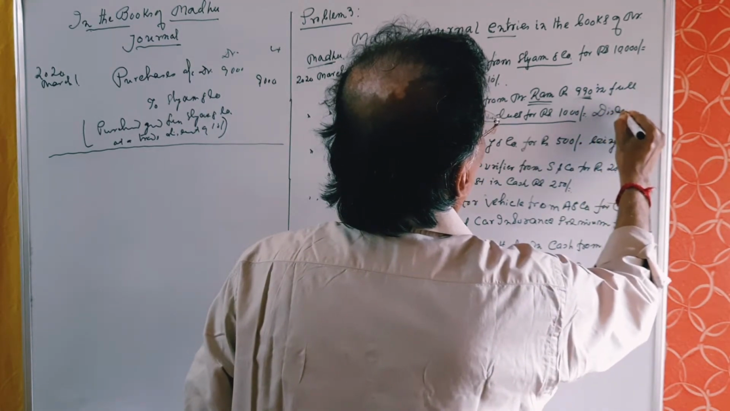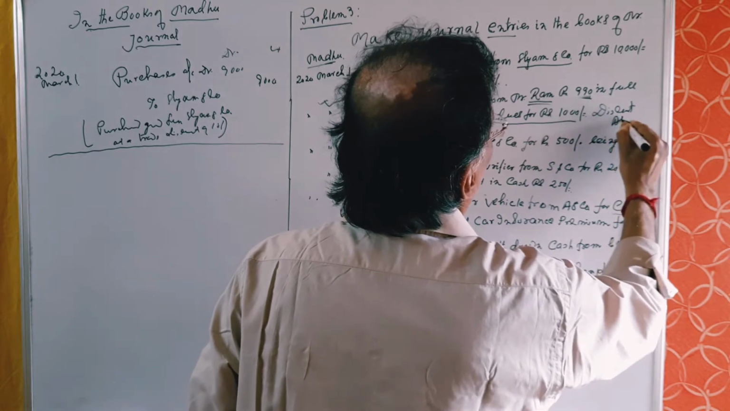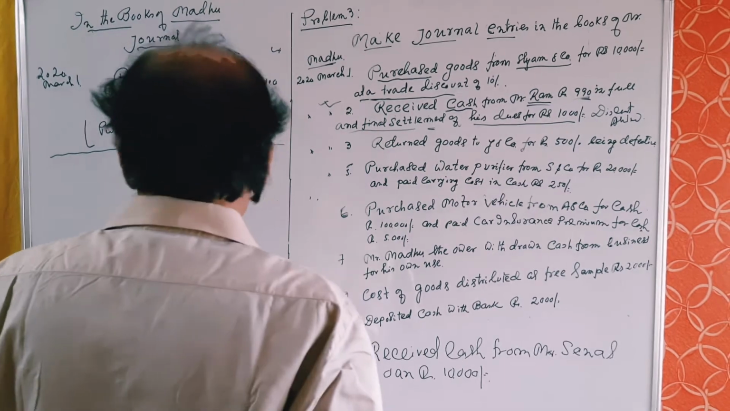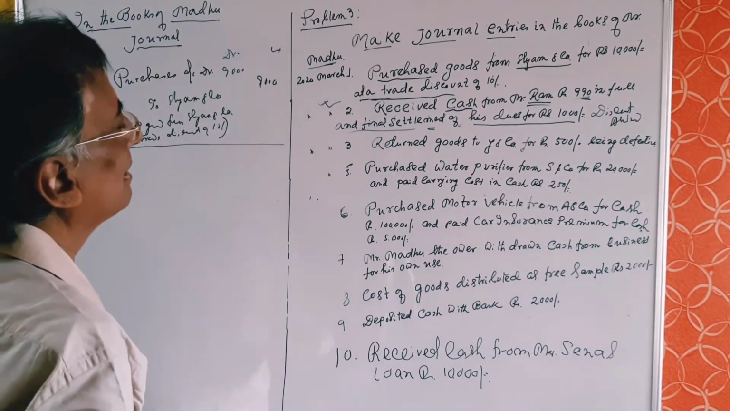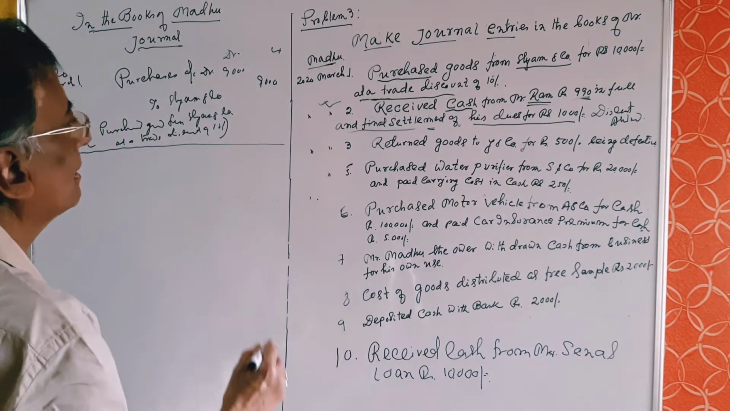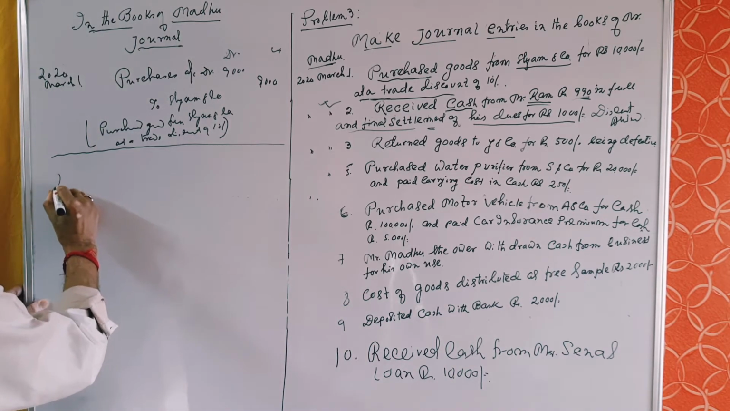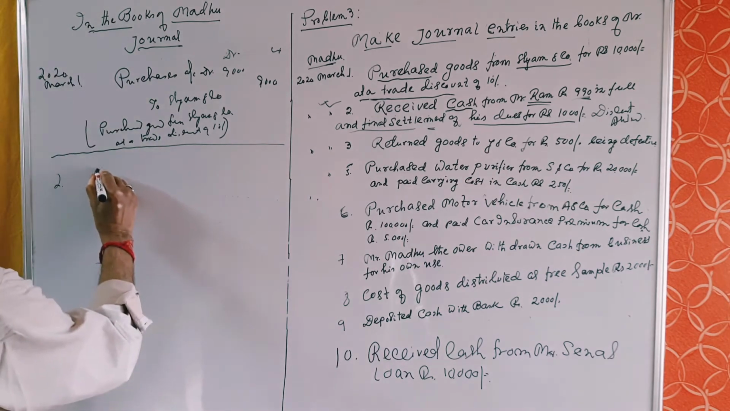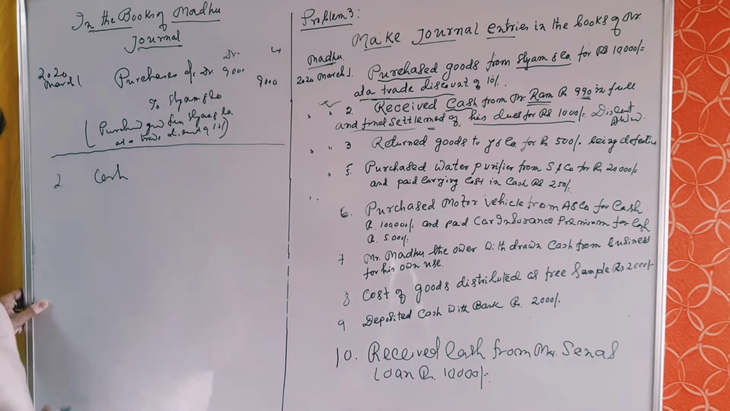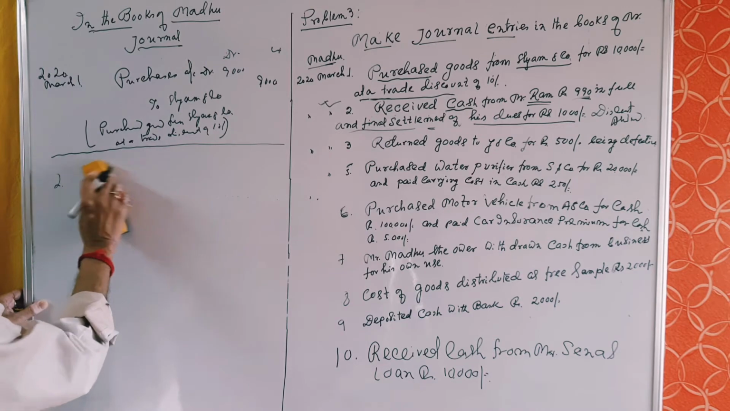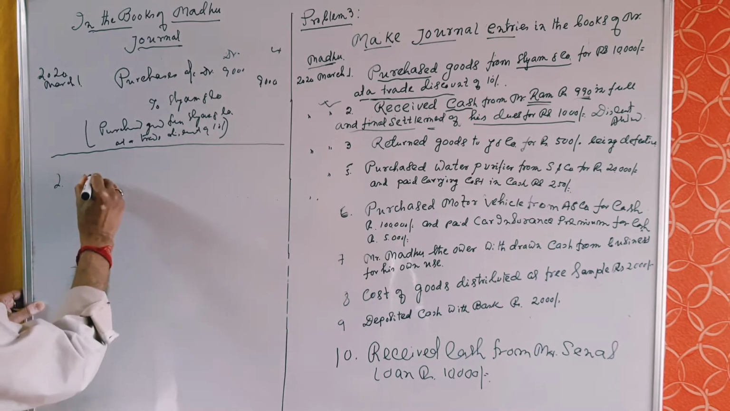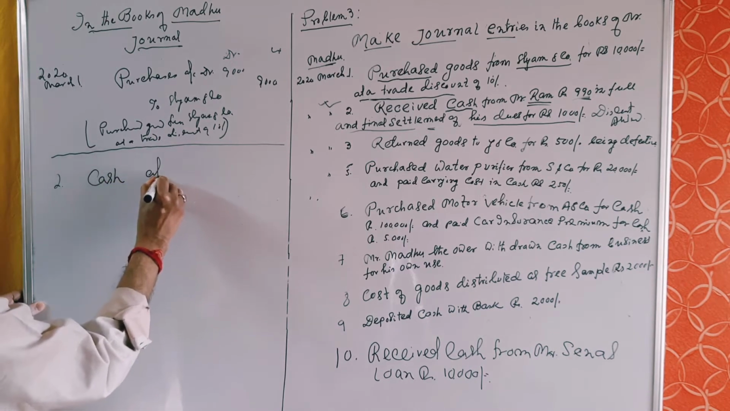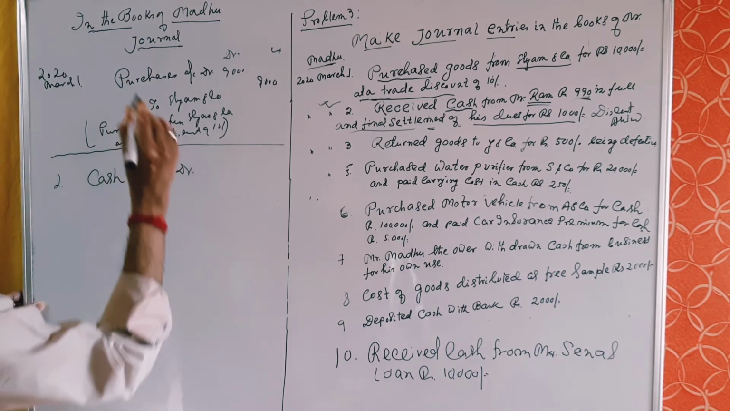Discount allowed account, because we are allowing discount to Mr. Ram. So what is the journal entry of this transaction dated 2nd March? Received cash from Ram. Cash is coming, so cash account is to be debited. Cash account debit